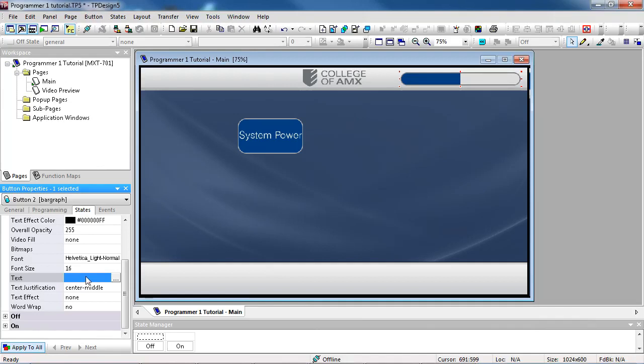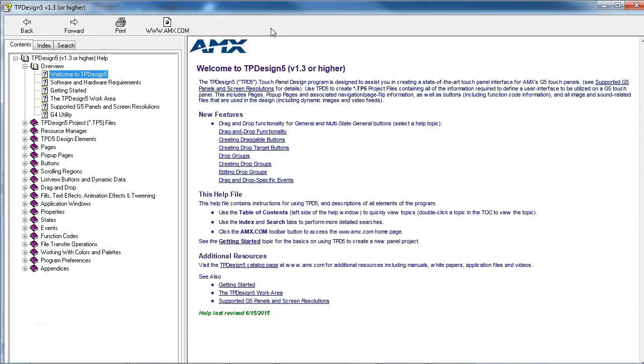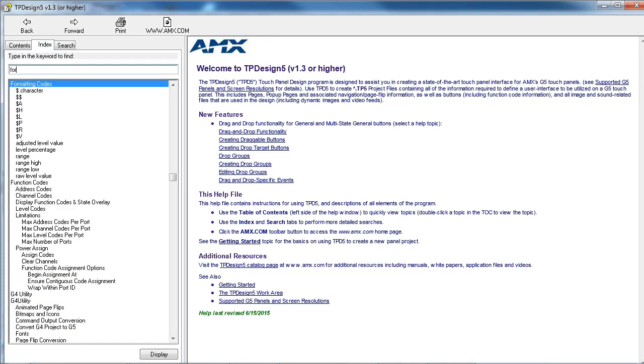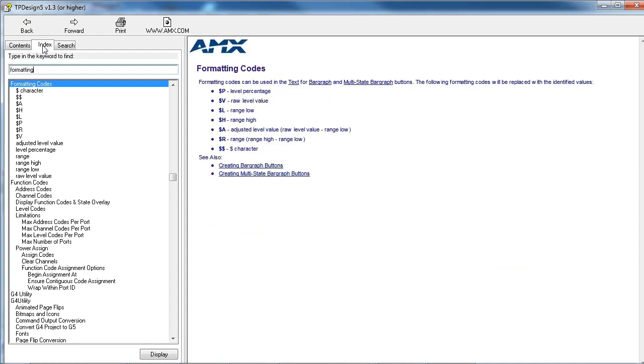To find these formatting codes, click on Help in the menu bar and then click Contents. On the left side of this window, select the Index tab and type Formatting in the search window. You should see a list of some available formatting codes. Since our bar graph is already a range of 0 to 100, we can use either $V or $P. If our range was something else like -80 to +12, then $P will automatically convert the raw value into a